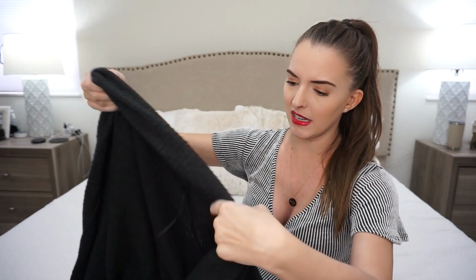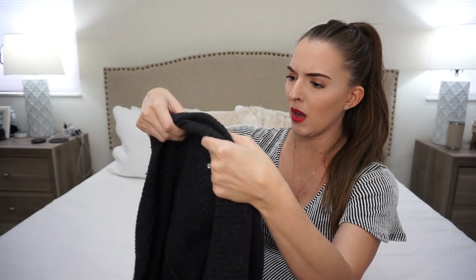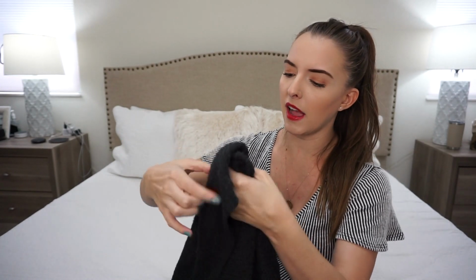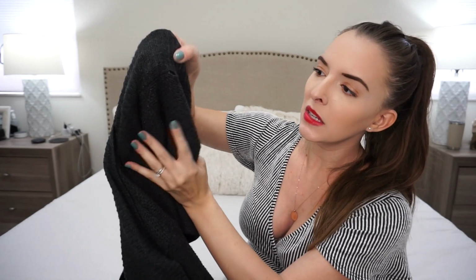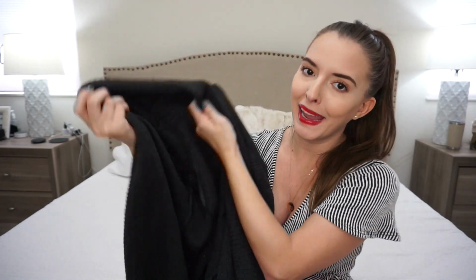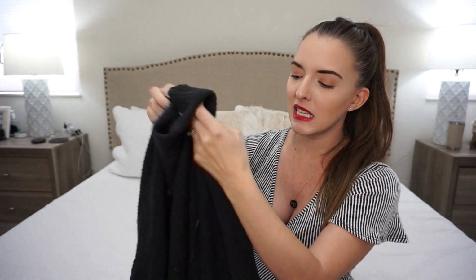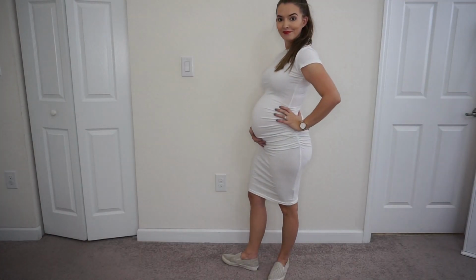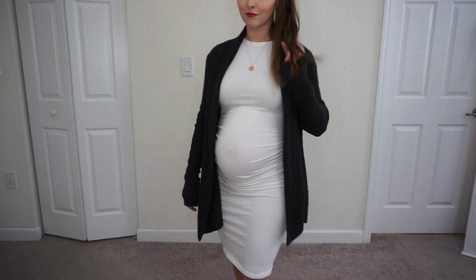and let me see if I can even see where it is now. I want to say it's at the top, maybe. No, it's over here. There's a tiny little hole up here, but because it's where the collar is, you can't see it. So because you can't see it when it's being worn, I'm totally okay with having bought this. So yeah, this is just gonna be perfect for throwing over anything, any t-shirt, anything that I'm wearing,